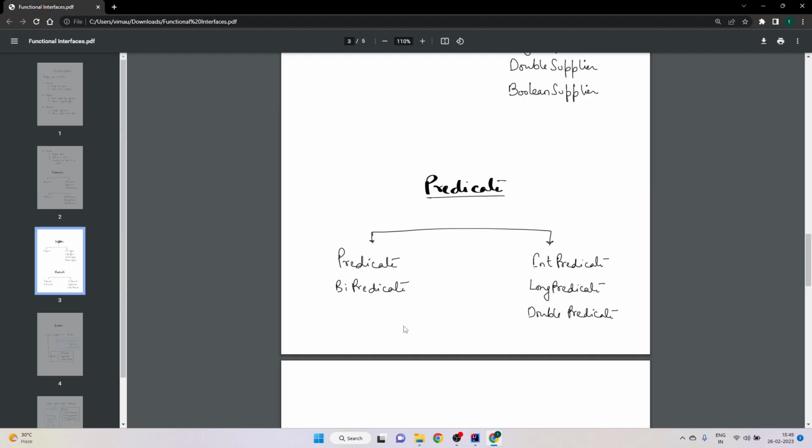Till now we have covered suppliers and consumers. In this video we will cover predicate. Now predicate is used to test the conditions, test the values. It basically returns a boolean value. So if we want to apply some test, we should use the predicate functional interface if we intend to use